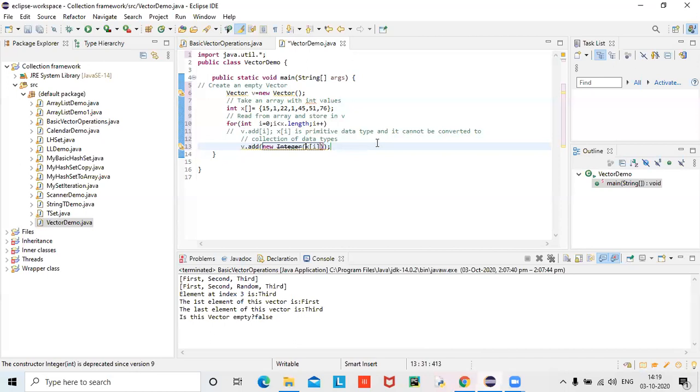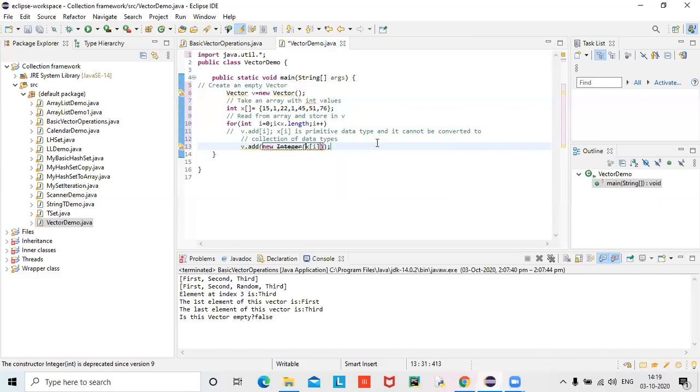So whenever you see the shape, two shapes are possible. Number one is creating an object. Number two is not only creating an object, but also passing an argument. What is the difference between the two? Two things are possible in Java in terms of objects: one is just creating an object, and two is creating an object and passing an argument. Creating an object means calling a default constructor, and passing an argument means calling a parameterized constructor. Got it?